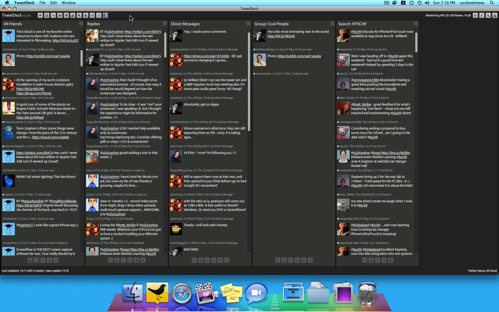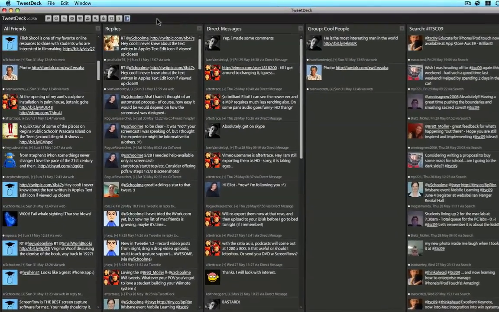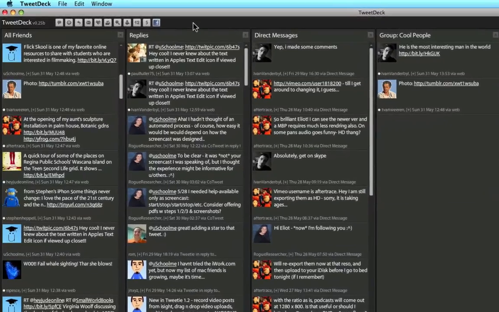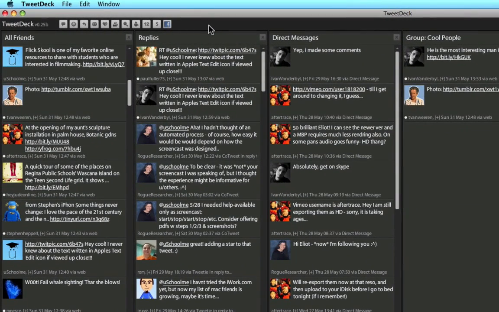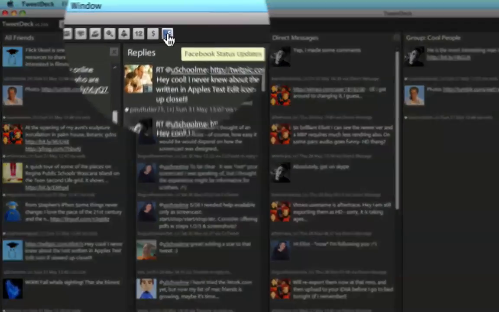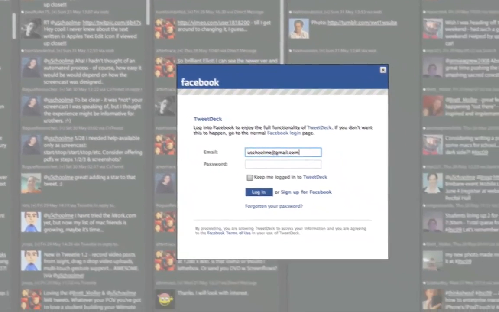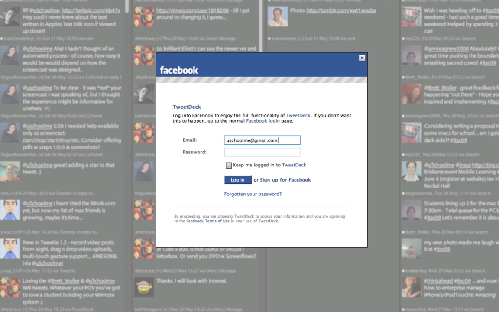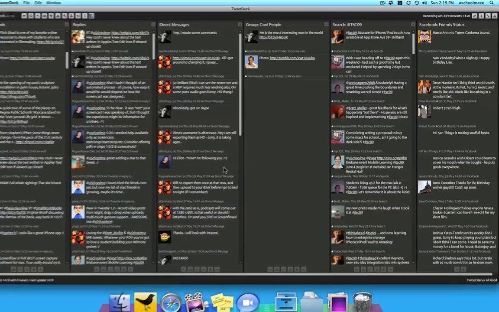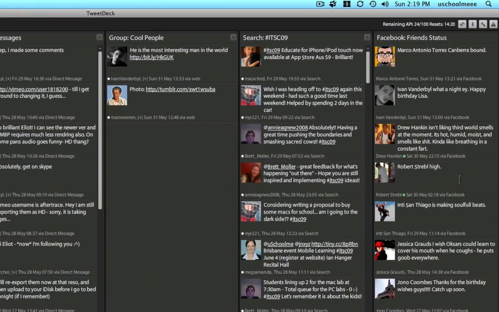Now, one really cool feature of TweetDeck is its ability to import all your Facebook friends' status updates. To do this, at the top of the screen, click on the Facebook icon. Now, as you can see, you get a Facebook pop-up window asking for your Facebook login and password. And to this, I'm going to choose Keep Me Logged Into TweetDeck, and I'm going to click Login. Now, as you can see, suddenly everyone's Facebook status is imported, and